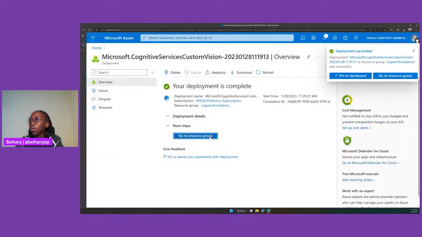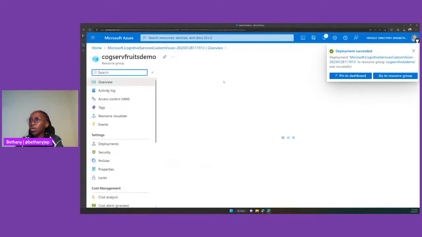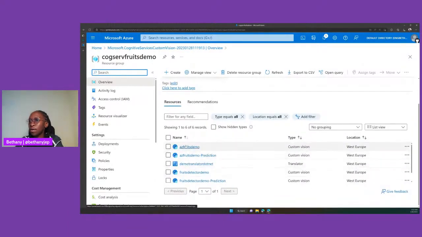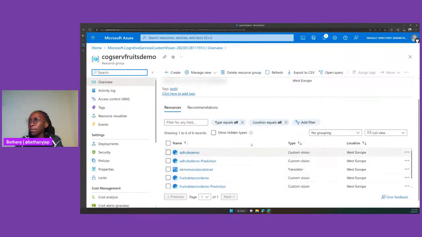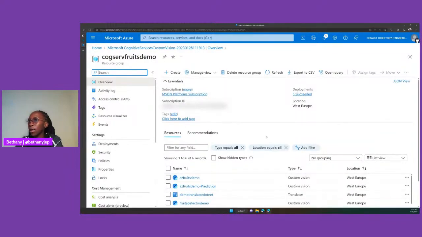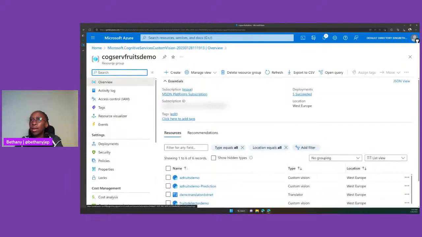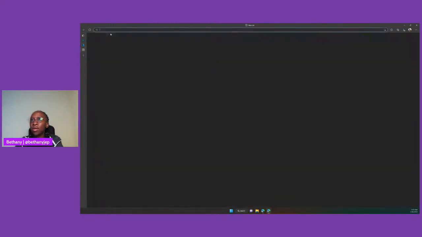Okay, so I'll go to the resource group and it will show me I've successfully created my resource. It has different resources inside. And yeah, that's it. That's generally all you need to do on Azure. The next step is to go to the Custom Vision